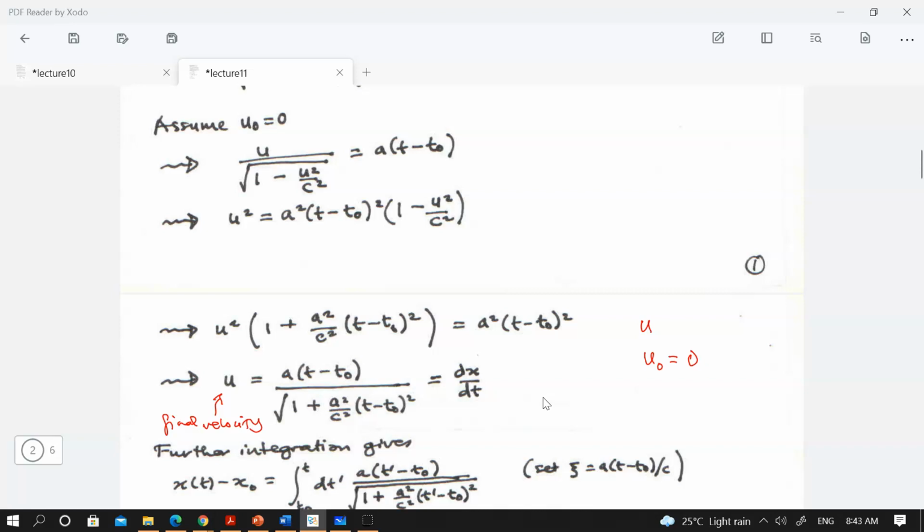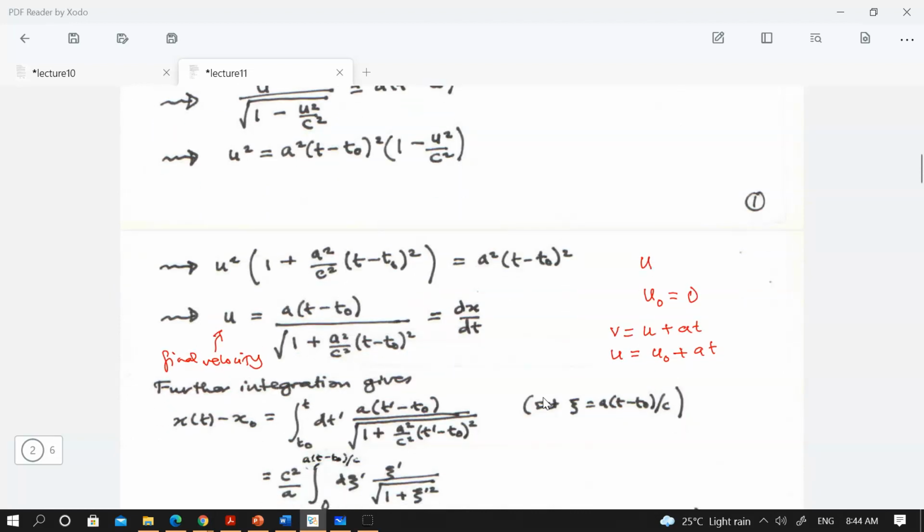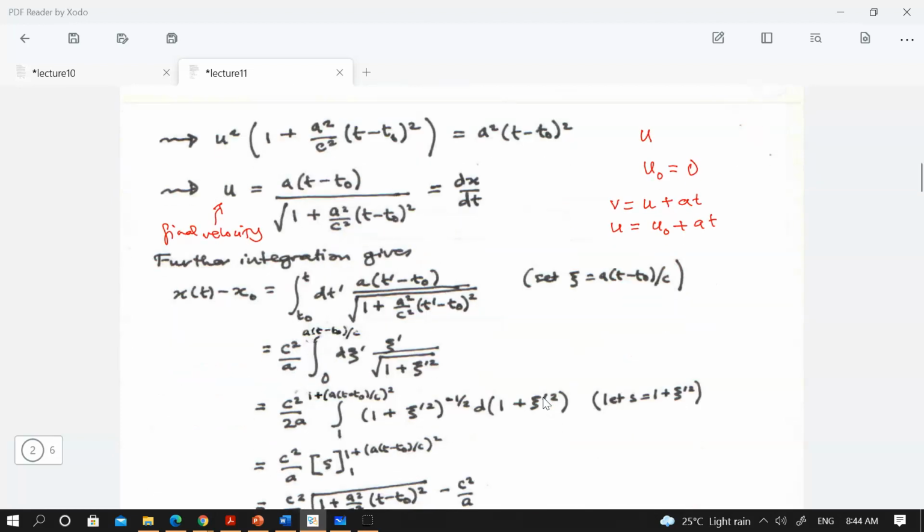Now we can actually compare this with our Newtonian case. Again, you'll see this different notation. v equals u plus at, or if I want to, I can rewrite it in the similar notation as u naught plus at, but u naught is 0, so you can see that u is going to be equal to at in the Newtonian case. But here you'll find that your u is given by some complicated function of t, because you also have this denominator with the square root. So that replaces your familiar